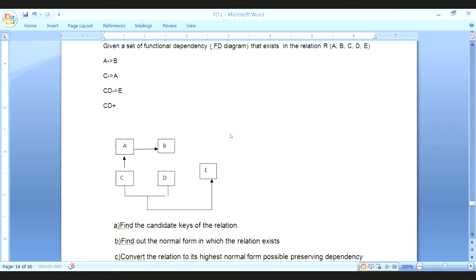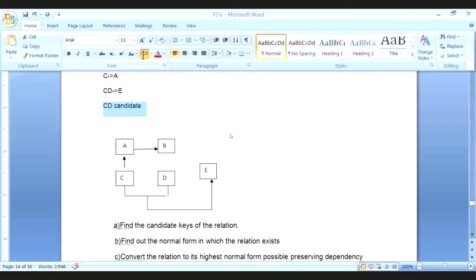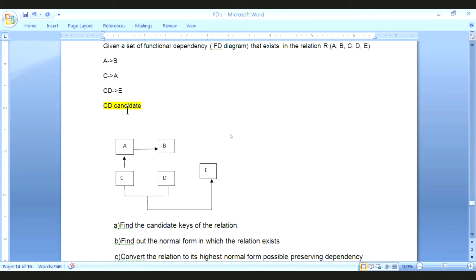Don't stop after finding out the candidate key. There can be multiple candidate keys in your table or in the given FD set. Okay, so this is one of the candidate keys. Because if you do this step wrong, then the full problem will be wrong. Please listen carefully. Students generally only find one candidate key and think that it is the only one. It might not be only one.